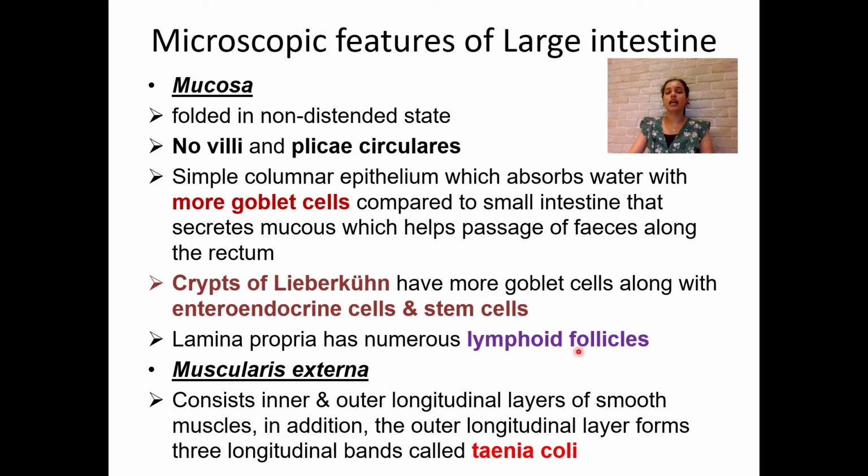Okay, and it has muscularis externa, mainly having inner circular and outer longitudinal layers. But in addition, the special gross feature of the large intestine is the presence of haustration due to a ribbon-like muscular layer, which is called the tinea coli. There are three main tinea coli. If you look at the gross large intestine, there are haustrations and three ribbon bands. Those are called tinea coli.